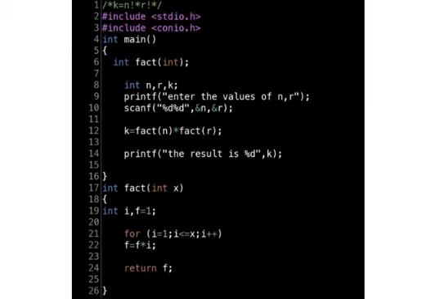That is the reason why we are taking the formal parameters here, to avoid confusion. The function definition, line number 17 to 26, is to find factorial of x. So look at line 12. The function which is defined to find factorial of any number is called twice. So this is the advantage of functions.